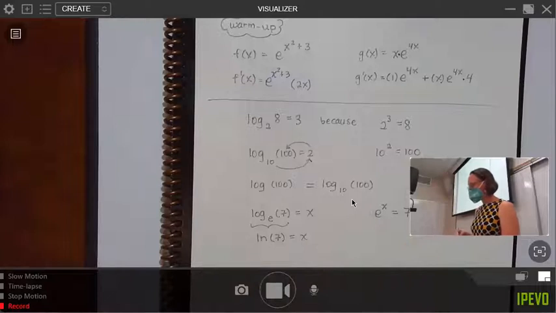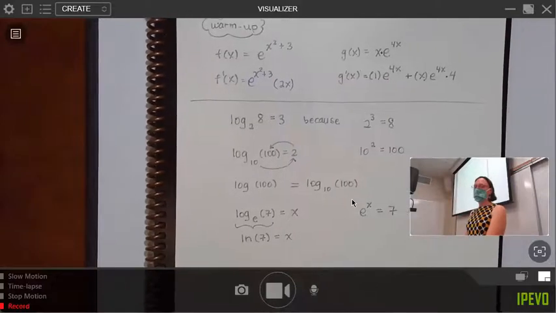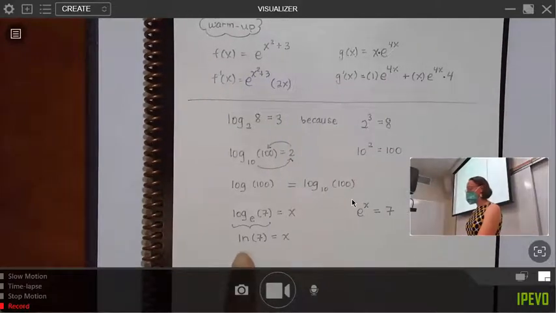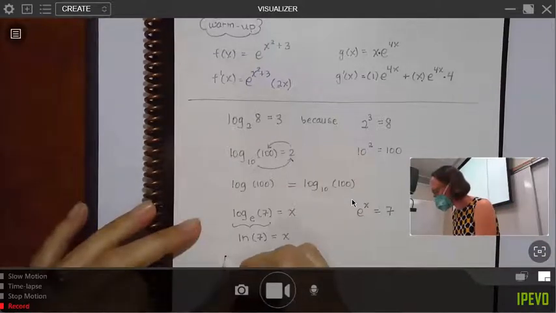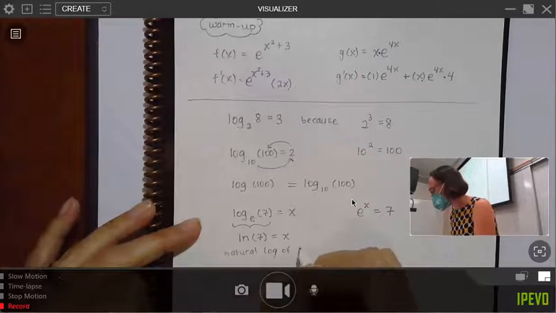Why does our textbook change it to times 7? So it's not ln times 7. That piece of it is important. The way that we read it is meaningful. This is the natural log of 7 is equal to x. That's how we would read this. Natural log of 7